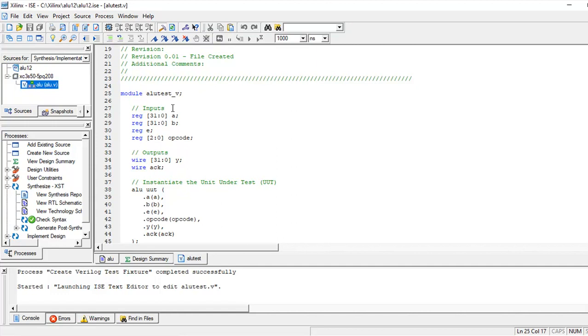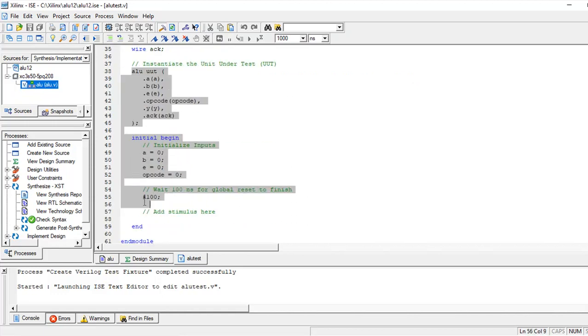You can refer to the details of the stimulus block in the Verilog HDL textbook by Samir Palnitkar. Whatever variables I choose as inputs will be considered registers, and the output variables will be treated as wires. Once all the registers and wires are declared in the stimulus block, we have to instantiate the design using the hierarchical name referencing concept.